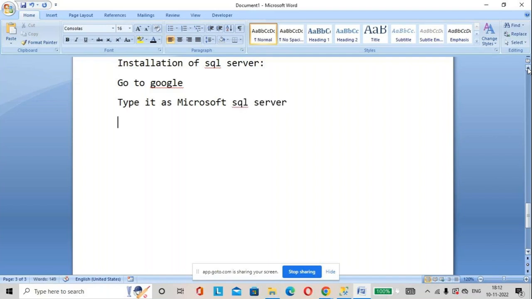Then next, select the link. Which link we need to select? www.microsoft.com. Then next what we need to do,